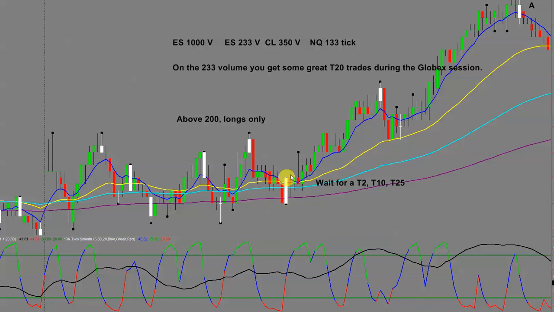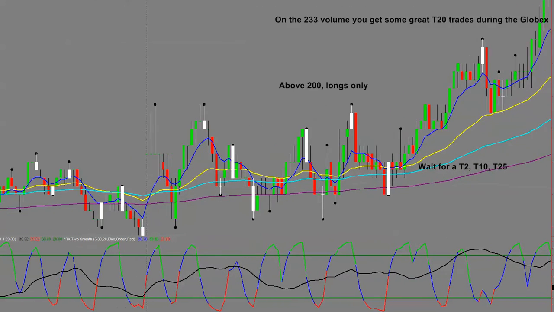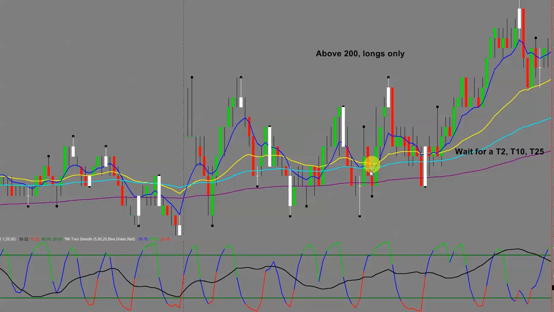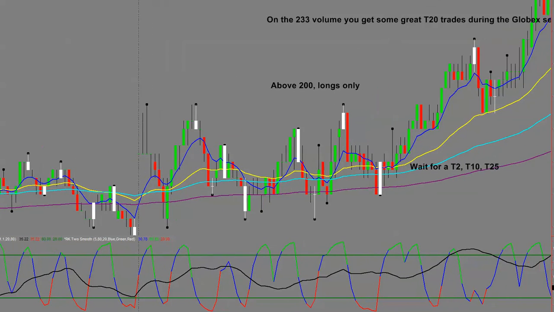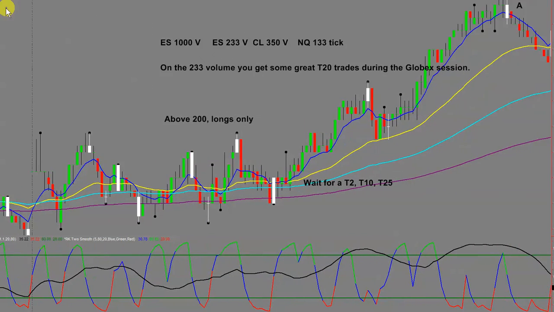In other words, wait for a breakout. So you've got a little T25 right there, or even here you had a T1, a T25. You've got multiple trading signals here. So where you get into these, if you had recognized this, that is to stay above the 200, you had trades firing off. You had 3 of them, very nice ones. However, sometimes that can be difficult, remembering you're jumping down from a 1000 volume down to a 233